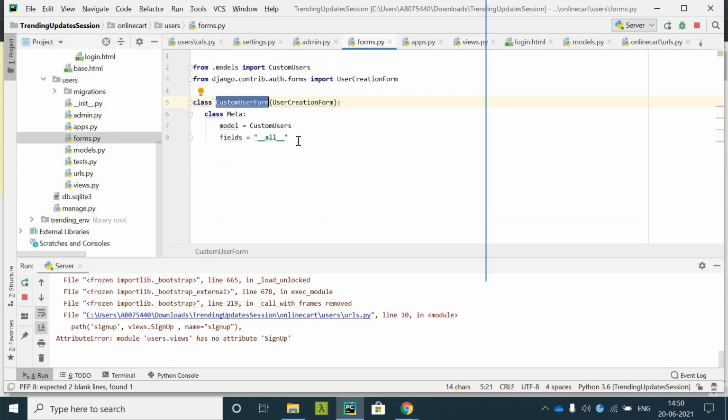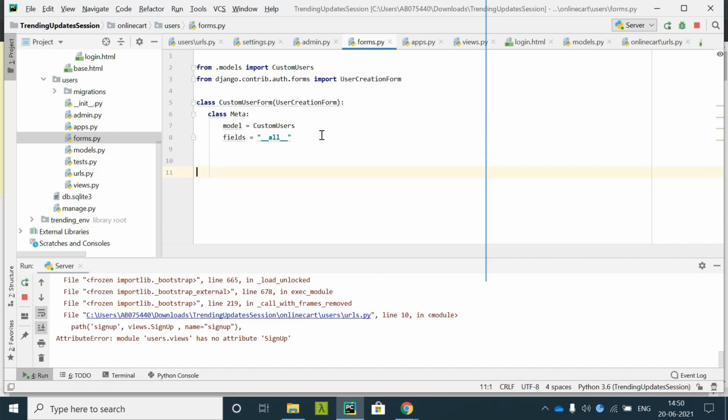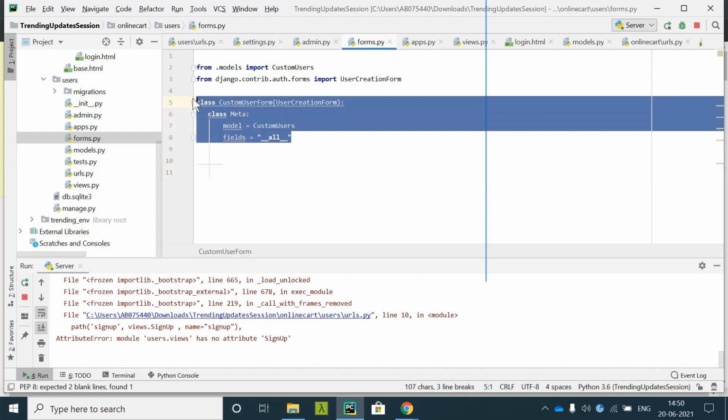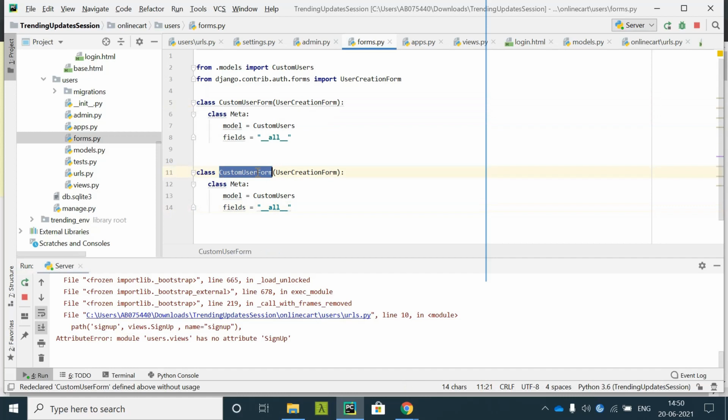This was the form that I had already used, so I'll create one more form. I'll say registration form. From the customer's users, I need to have these fields only. I'll first show with all fields and then I'll show the different fields.